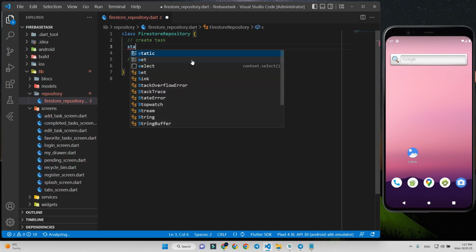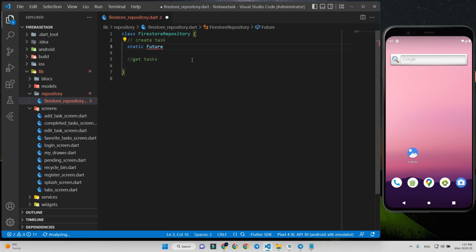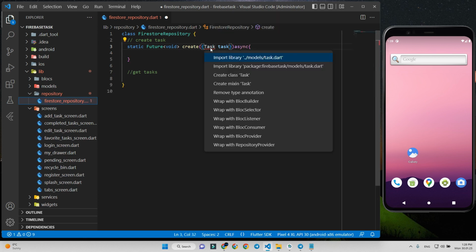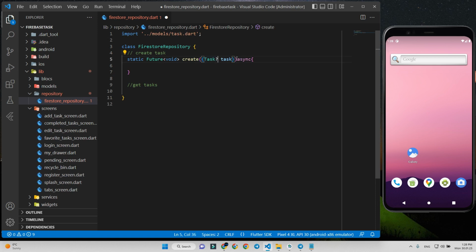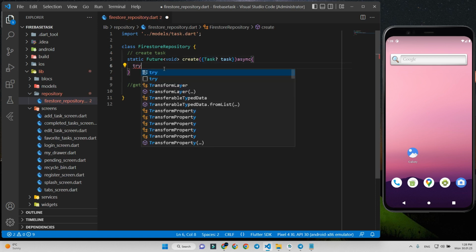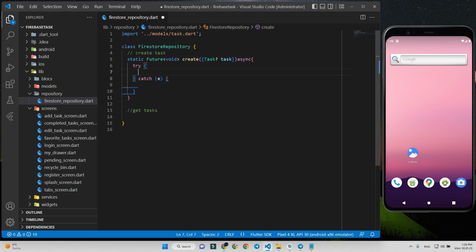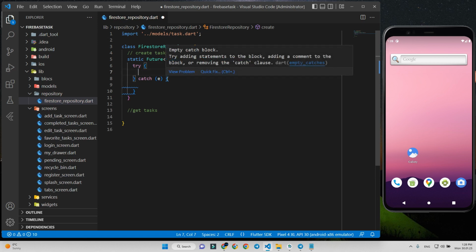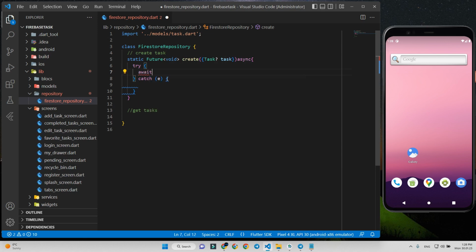So these 2 functions work with Firebase and there will be some delay. That's why we create an asynchronous Future function. This create function receives a task object and we create a task on Firestore using the task object. Try catch is used to execute a block of code that could throw an exception and handle the exception without letting the program terminate. Now using await, we call the Firebase Firestore